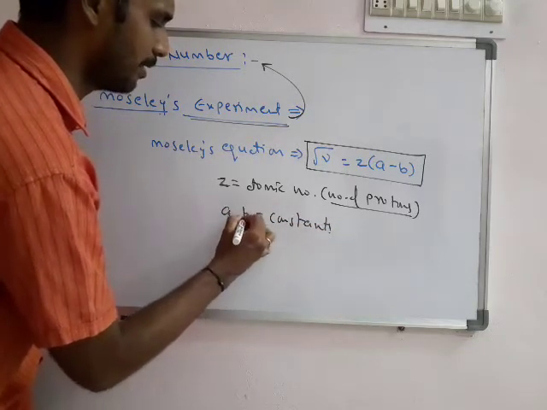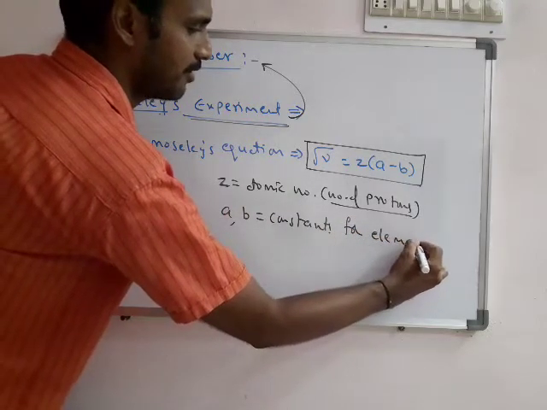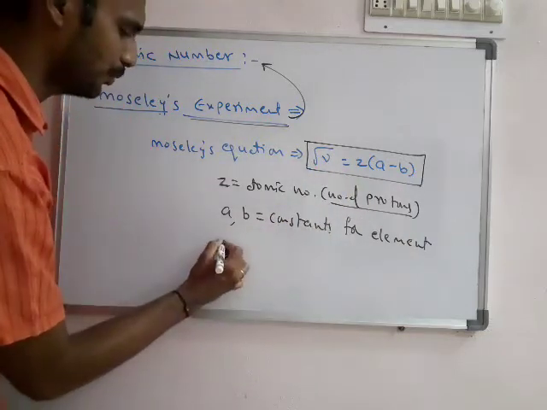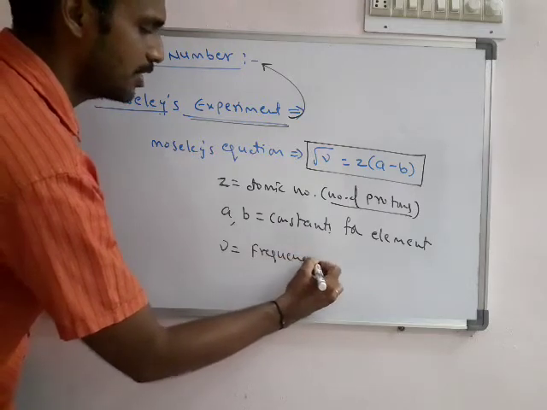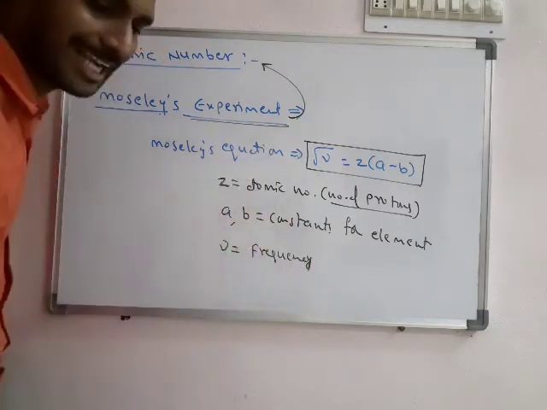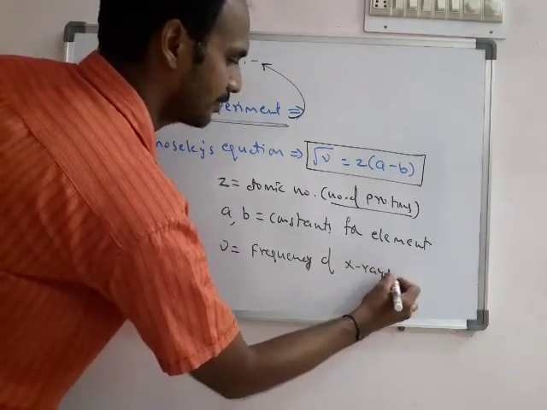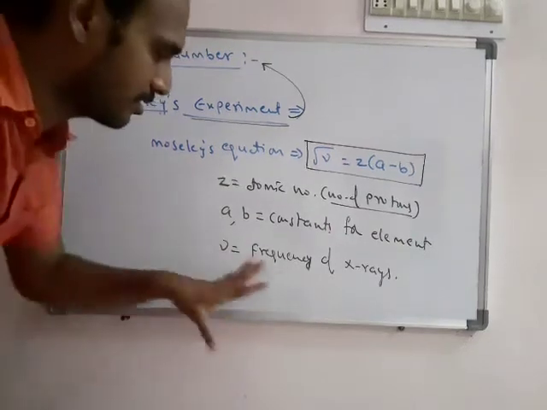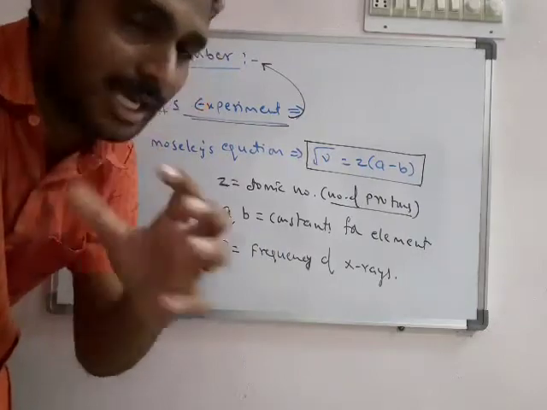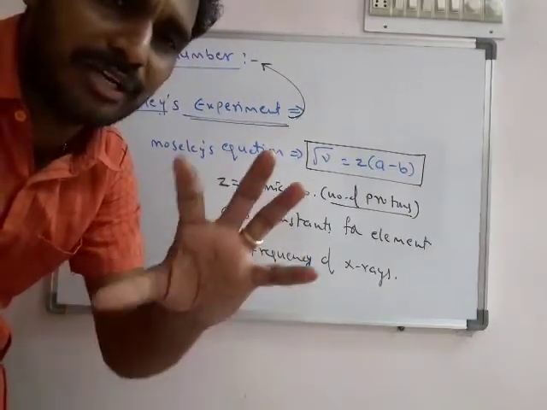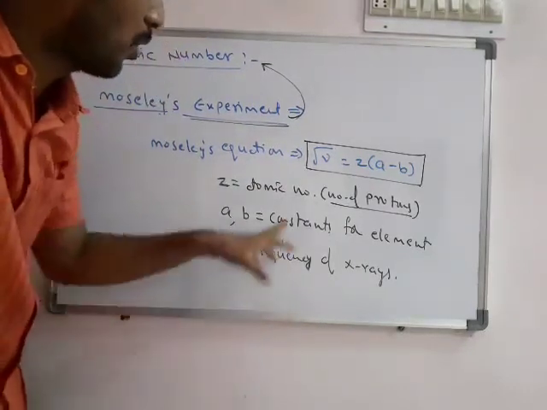So constants depend on the elements. Different elements have different values. Next, what about nu? Here nu generally indicates the frequency. Frequency here means the frequency of X-rays, what he observed in the experiment. For each element, he did the experiment many times with different elements, and finally he got this relation,